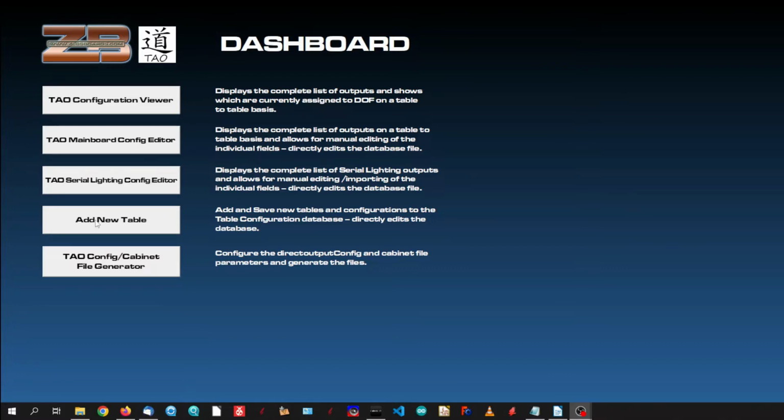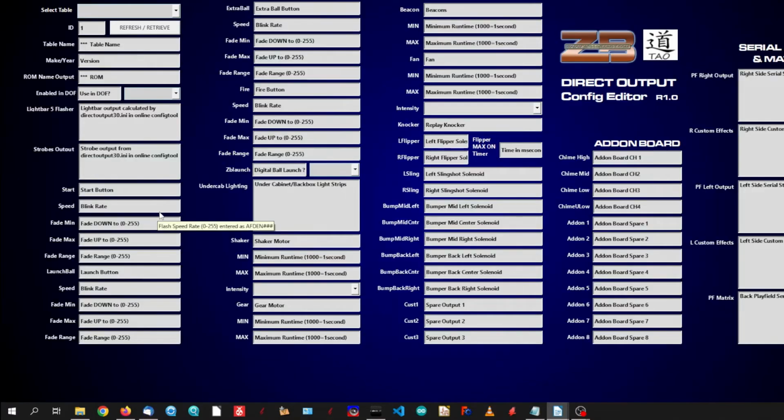So I've already gone to my desktop. I've clicked on my dashboard shortcut and I've been brought to the dashboard in the package. I'm now going to click on the Mainboard config editor and let that open up. So here we are. Now this is just a quick overview of the actual configuration editor, and basically what we're